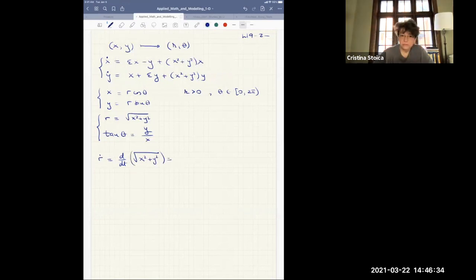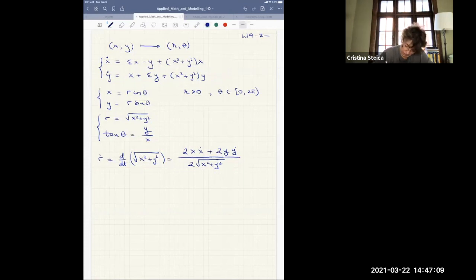Okay, and now I'm going to do the job. So d b dt, right? So the dot is a shorthand for d b dt. Whenever we're doing this kind of calculation, we just have to remember that x is not just x, it is x of t. So we have to do the chain rule, okay? So here is 1 over 2 root of, from the root derivative, but then on top we'll have 2x dot plus 2y dot by the chain rule,